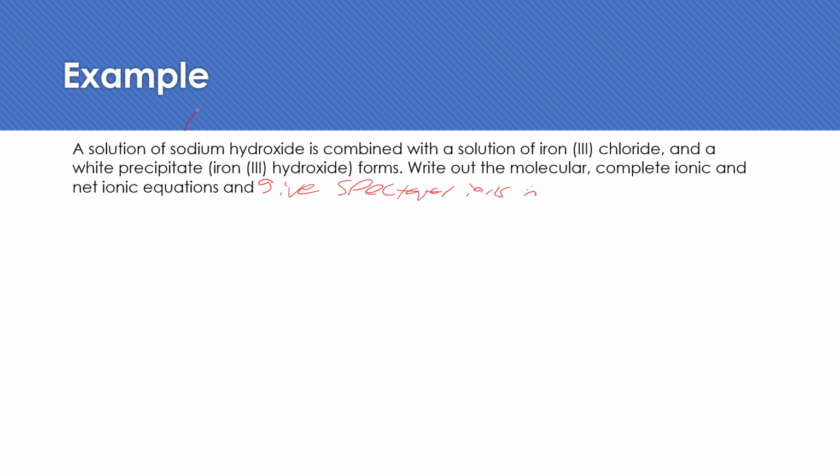So sodium hydroxide is NaOH. Iron 3 chloride is FeCl3. And iron 3 hydroxide is Fe(OH)3. Okay? So my molecular is going to be 3 sodium hydroxide plus iron 3 chloride gives me iron 3 hydroxide